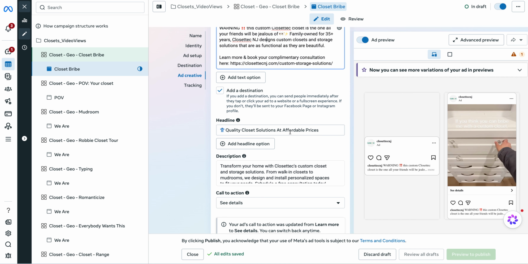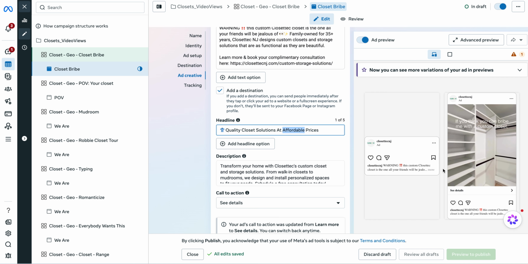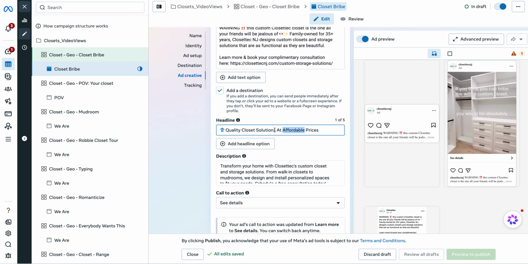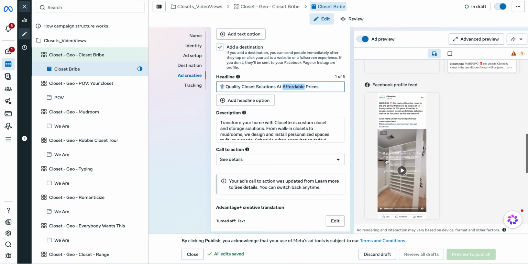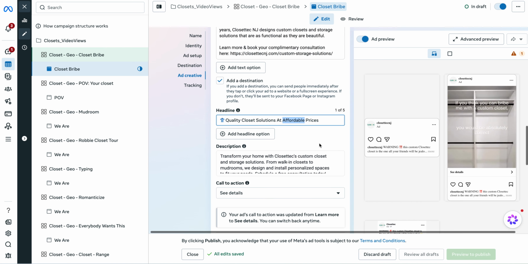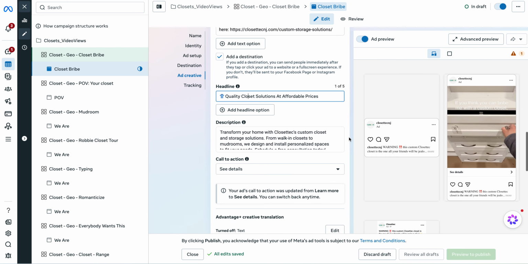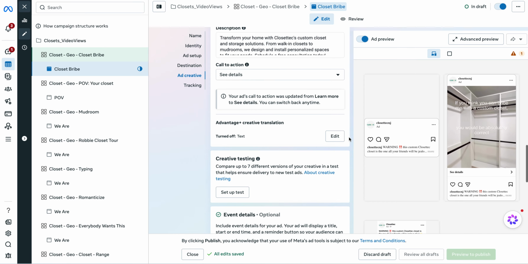Headline, I've talked about. It doesn't really matter for video views ads because you don't see a headline in these, but I still include them just in case. I don't know, you never know with Facebook, and also it could help with the algorithm. All right, so then I scroll